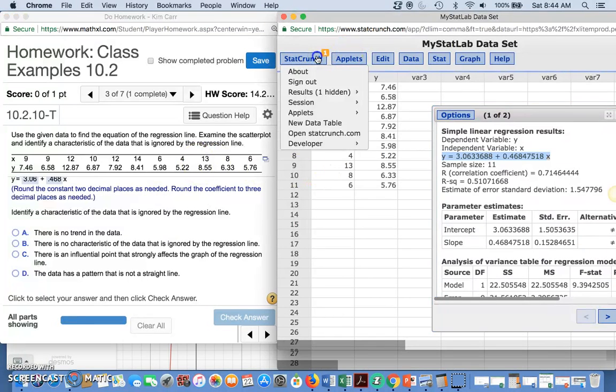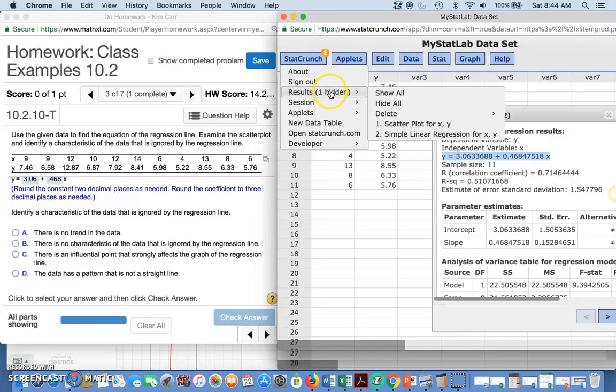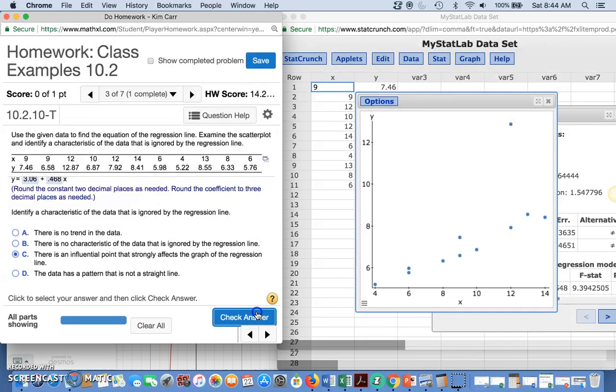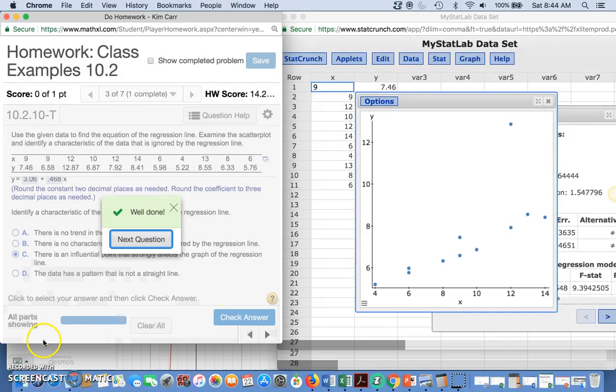Well, let's go back over here and look back at our scatter plot. This one point up here is kind of an outlier. Otherwise, there's somewhat of a linear appearance. So it's this one point that's causing the problem. So there is an influential point that strongly affects the graph. So let's click on that. Okay, that completes problem